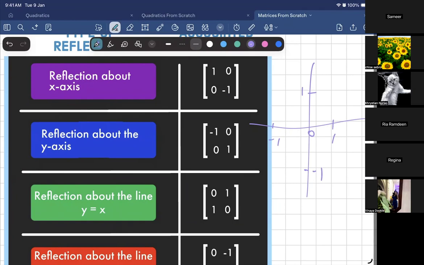It should work out the same, I presume. Let's see. Reflection about the x-axis. Okay, it might be a bit different in the concept. Let me see. Because I'm seeing 0 and -1. I understand the 1 and 0 point, but the